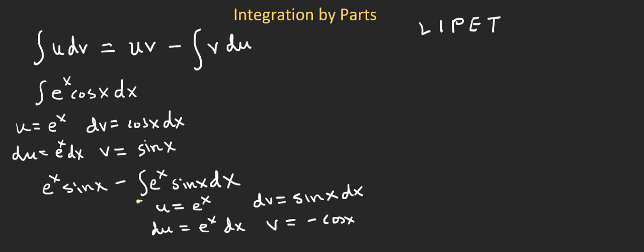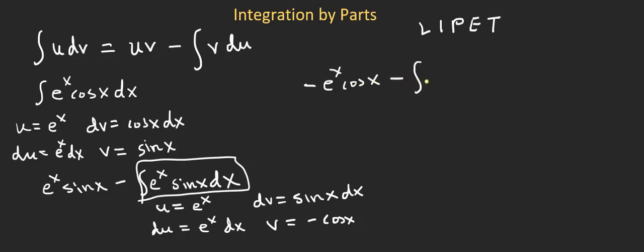So this part, I'm only focusing on this part right now. That will be uv, which is negative e to the x cosine x minus the integral of v du,